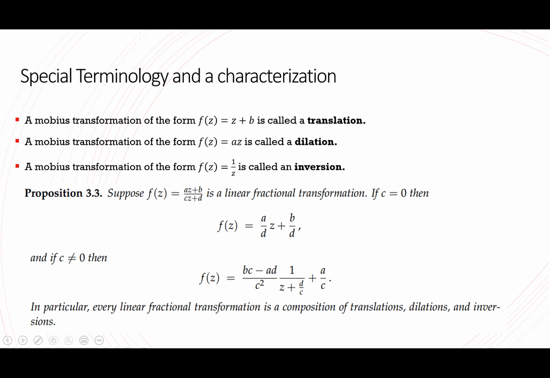Okay, now we're actually moving to another really cool property in that Mobius transformations are kind of like Lego art. And by Lego, I mean like the Lego pieces. All right, so what do I mean by Lego art? I mean that Mobius transformations are really built out of other types of Mobius transformations. And this is kind of getting at the linear algebra idea too, if you guys remember a basis from linear algebra. But in any case, let's go ahead and introduce some special terminology and our Lego art characterization here.